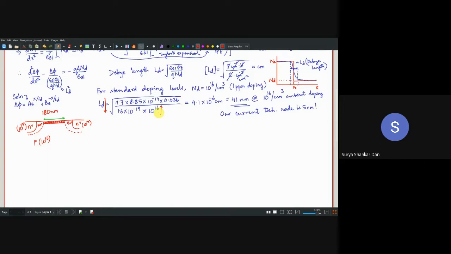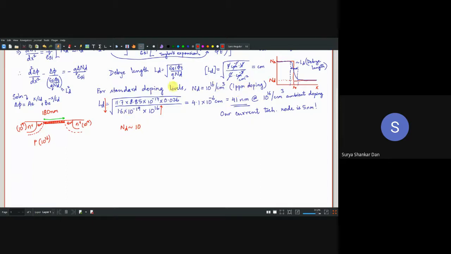Remember, when we were dealing with the doping levels in modern technology, I told you, right? In modern technology, the doping level is in the order of, can somebody tell me? Hello? The minimum value I told was 10 power 11, and the maximum I told was 10 power 21. Very good. But in the current technology node, how much is the doping value?